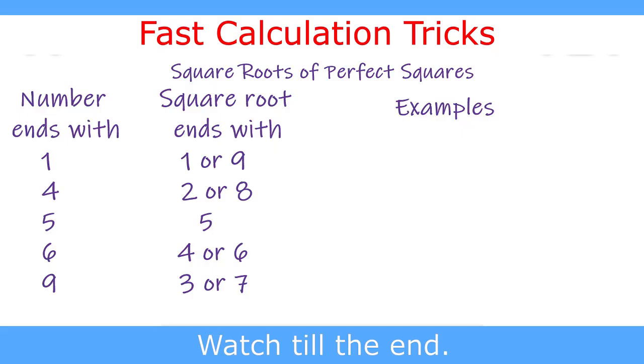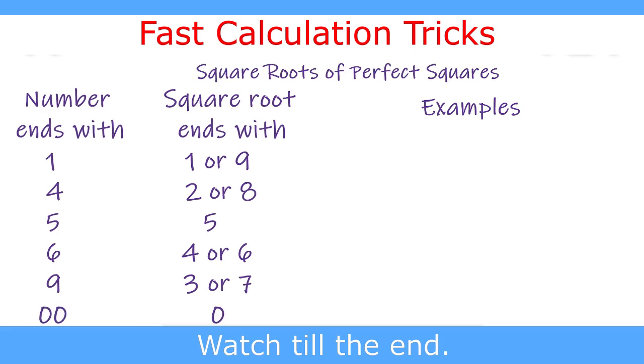Now, if you have already memorized the squares up to 25, then it will be very easy to find the square roots of the numbers which are the squares of numbers up to 25. Now let's go for the properties. The numbers which are perfect squares always end with 1, 4, 5, 6, 9 or an even number of zeros, that is 2 zeros or 4 zeros or 6 zeros, and those numbers which end with 2, 3, 7 or 8